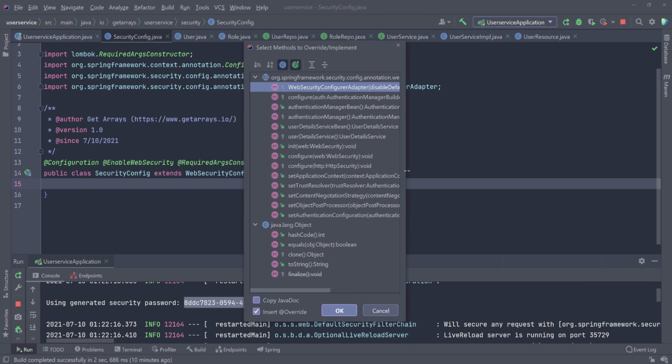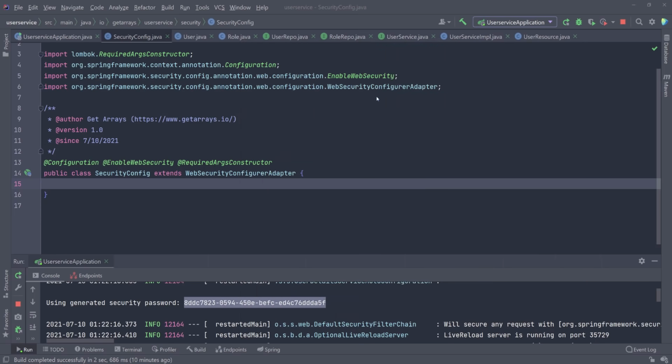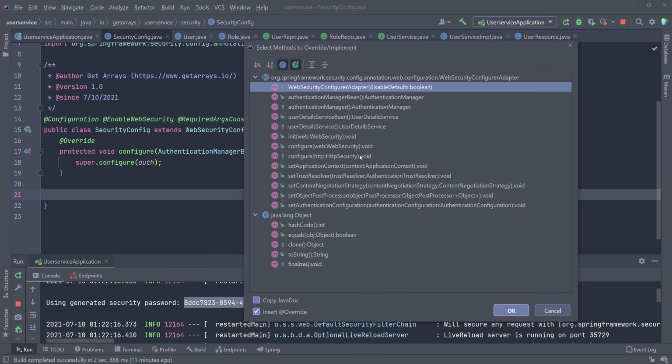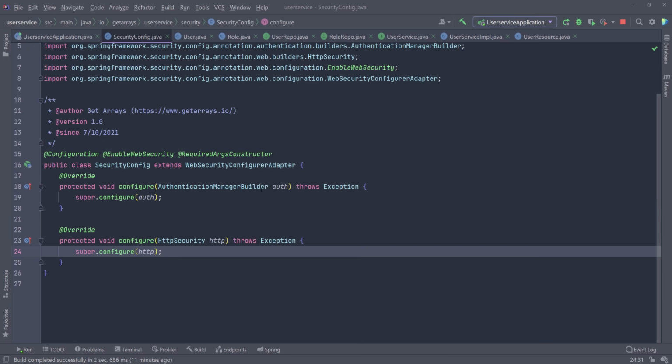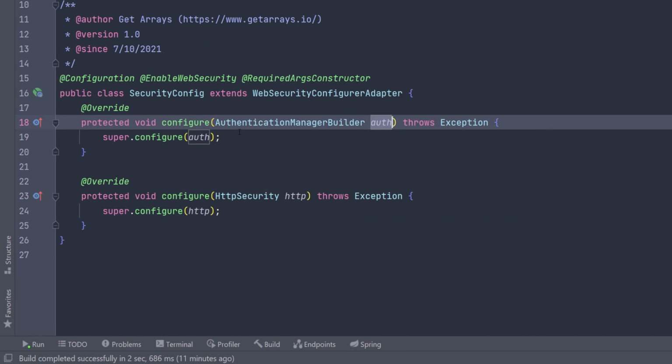I'm gonna go ahead and expand this, and I want to override the second one. So the configure that takes the authentication manager builder. And I'm gonna go down and then override another one. So I'm gonna go and do generate override methods, and I'm gonna override this one. So the one that takes the HTTP security. So for the first one, the first configure that takes the authentication manager builder, I'm gonna show you a few